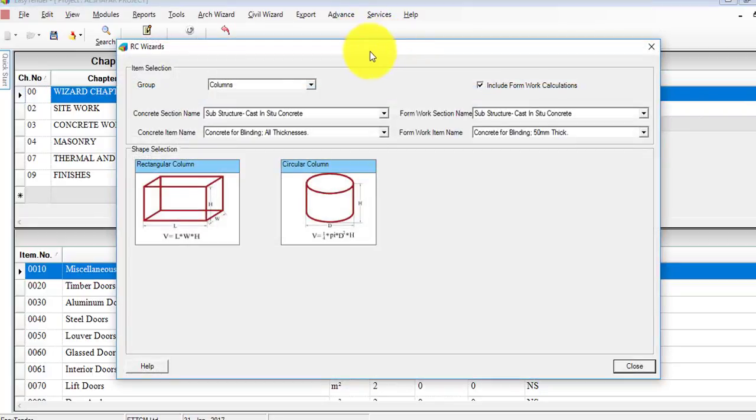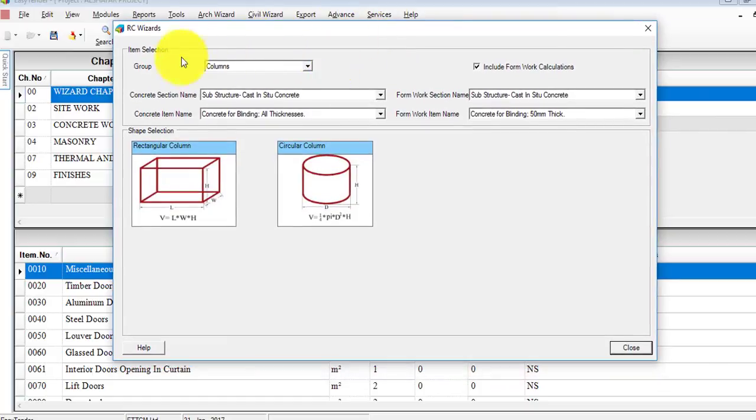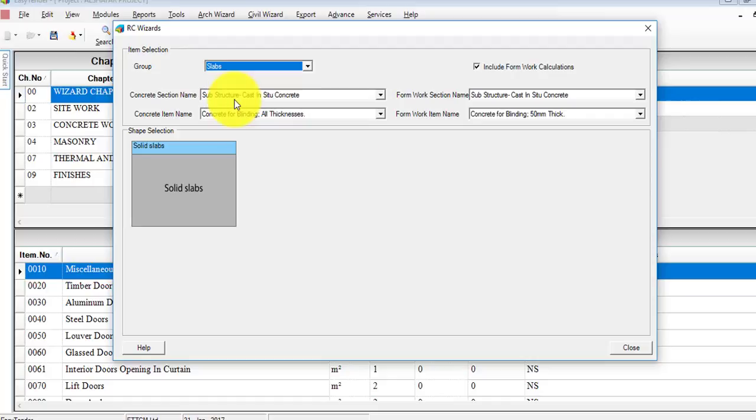Once you click on that, we'll go back to the same window that we have worked on earlier for the columns. So in the group sections, if you click on the drop-down arrow, you have all the superstructure elements that you can work on: the columns, walls, beams, slabs, and staircase. So today we'll be doing an example on how to input the slab details into EasyTender and getting the concrete and steel outputs. So if I click on slabs, for the shape selection we have solid slabs, and once you